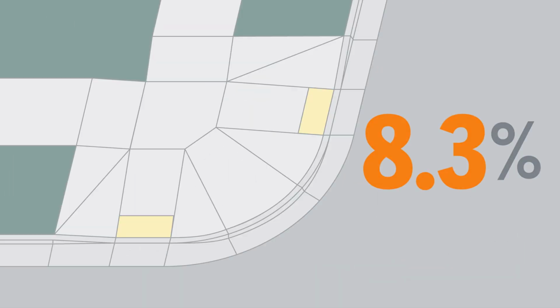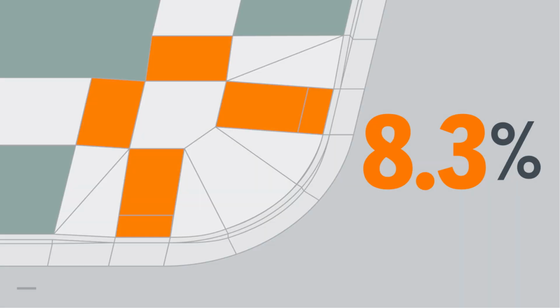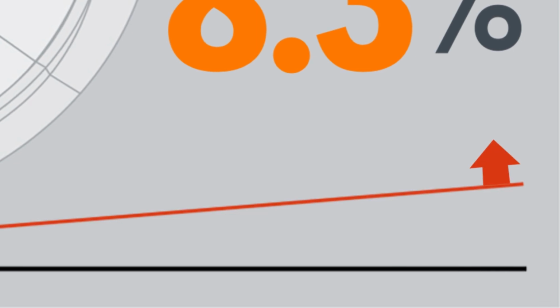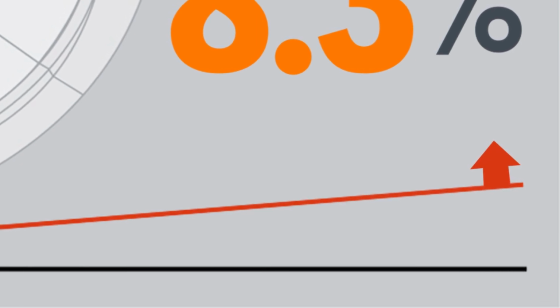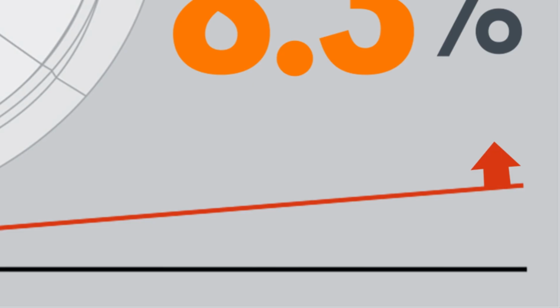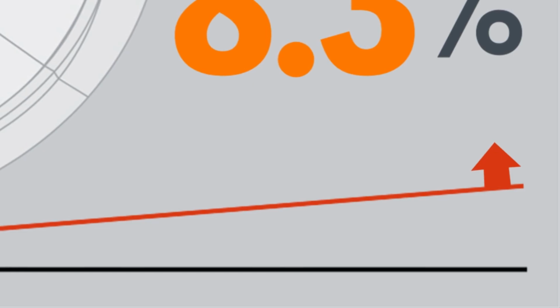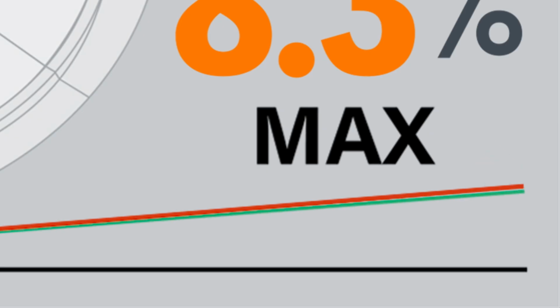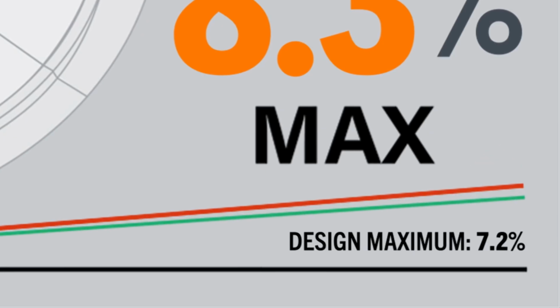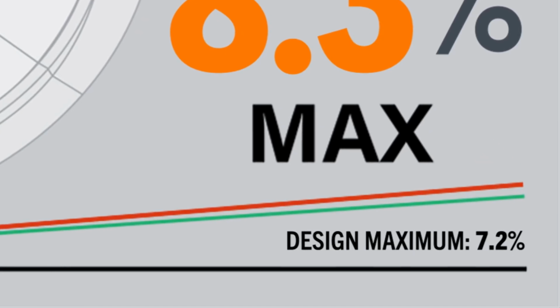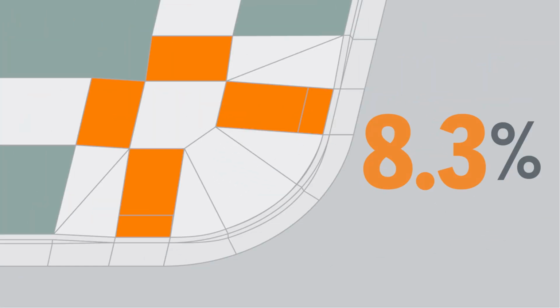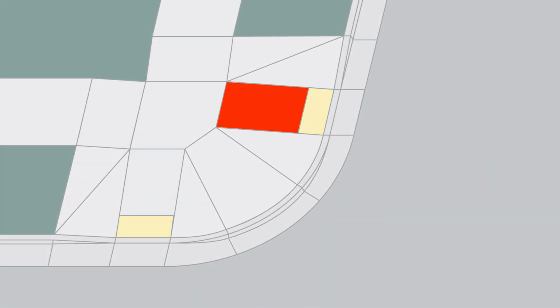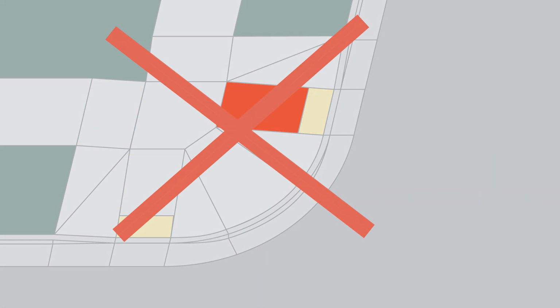Next, the 8.3% number is about the other parts, the parts that take you up and down. Any ramp slope greater than 8.3% will fail ADA inspection because it's going to be dangerously steep for a lot of folks. And 8.3% is the absolute maximum. That's why our ramp design maximums specify 7.2%. So again, there's some construction tolerance. But more than 8.3%, that ramp's going to have to be torn out and rebuilt.